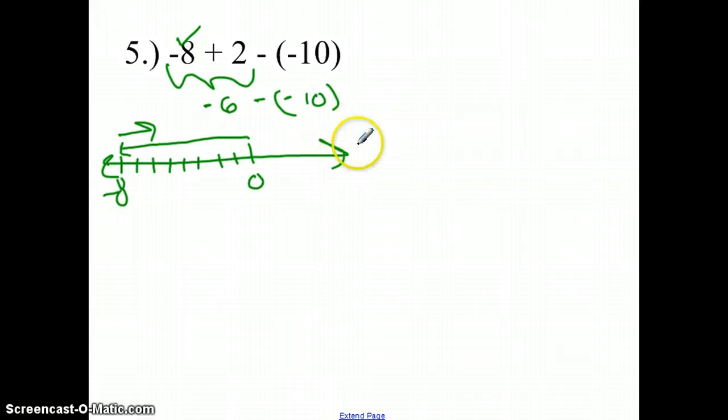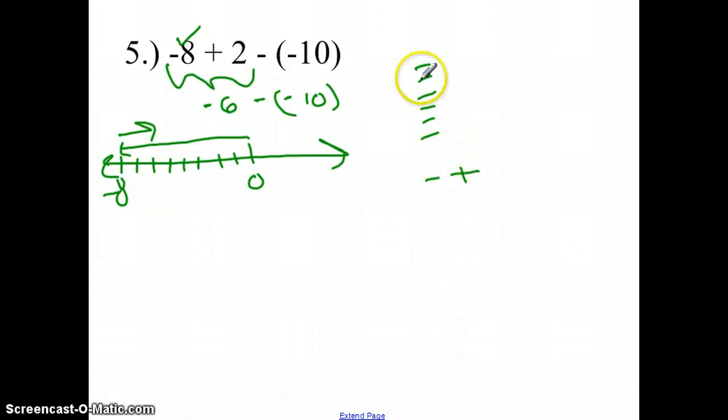Okay. So if we think about this with the algebra tile approach, now that we've got, from this point on, we've got 6 negatives, so I'm going to put that right here. 1, 2, 3, 4, 5, and 6. We want to take away 10 negatives. Well, we only have 6. We don't have 10 to take away. So we're going to have to add some negatives in here without changing this value of negative 6 to start with. So in order to do so,